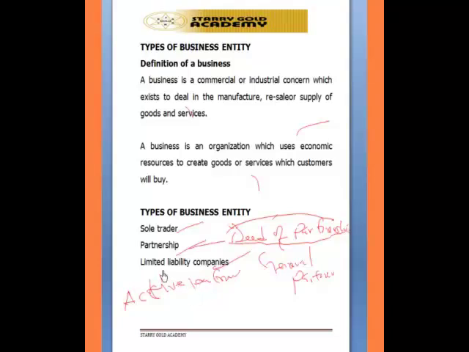Okay. Then we look at the limited liability company. The limited liability company is a company that is owned by people who, by virtue of purchasing shares, become part and parcel of the business. That is, by purchasing shares of this company, one can become part of the owners of the company. So the interest which the holder of the shares has in that company is the unit of shares acquired. So a limited liability company is a business owned by more than two persons